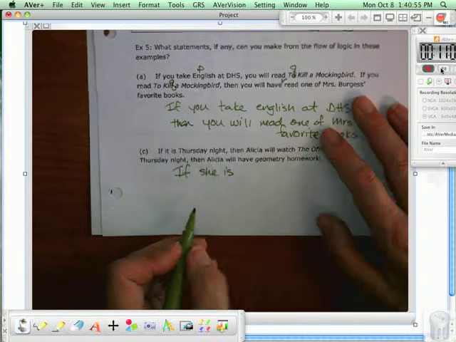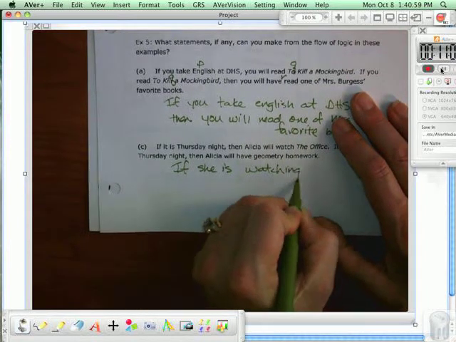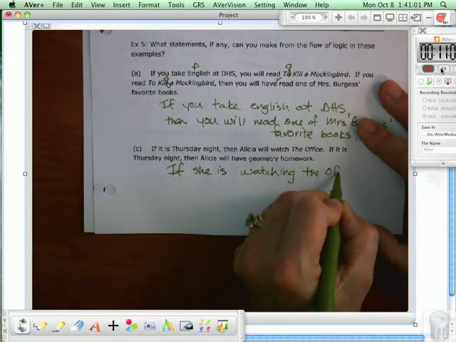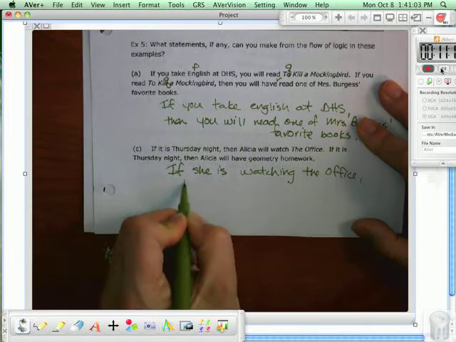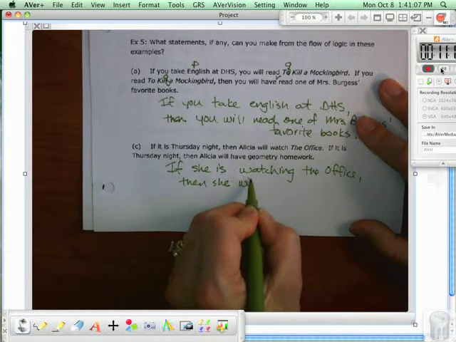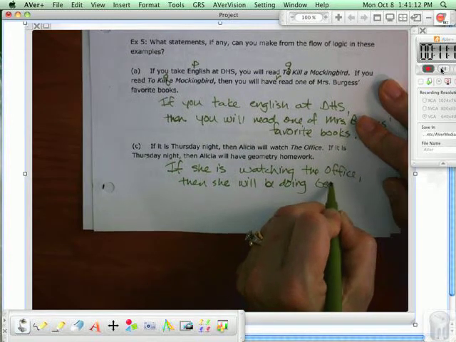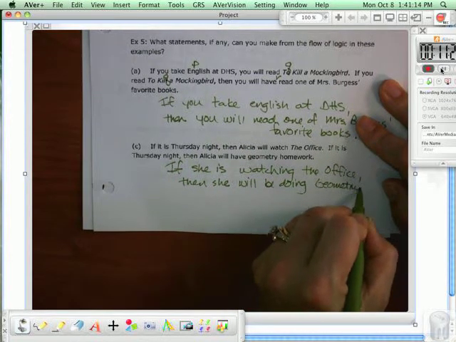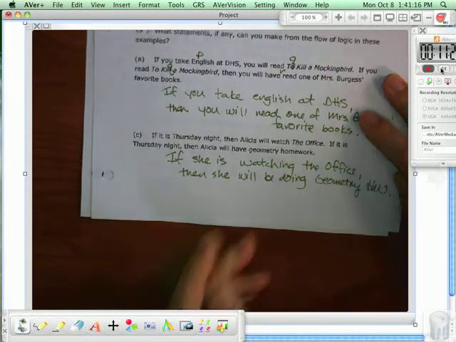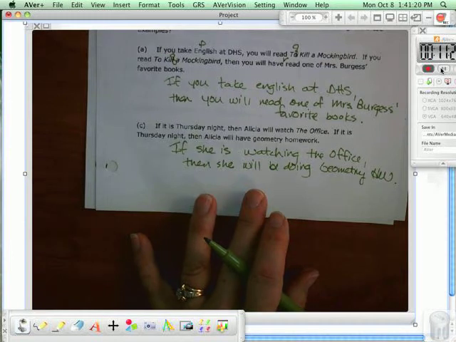If she is watching The Office, then she will be doing geometry homework. Okay, now for your homework,